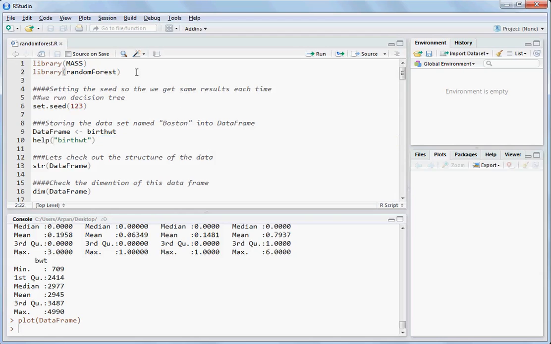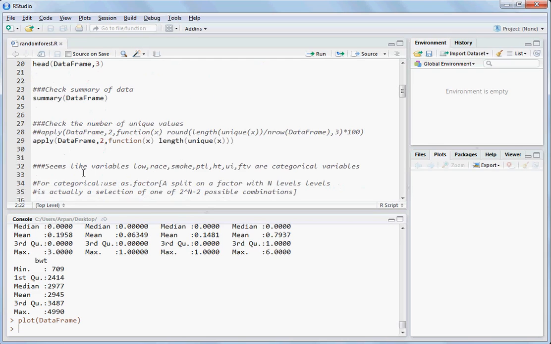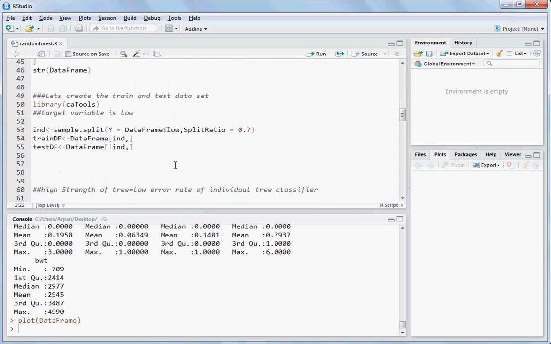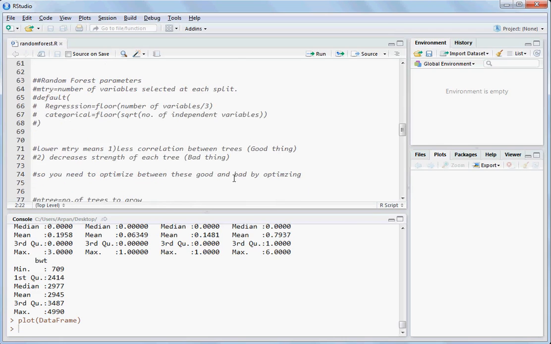Hello. Yeah, so today I will discuss the random forest algorithm, and I will try to implement that model. We'll go through the whole process, from dividing the data set into a training data set and a testing data set, then fitting the random forest model on the training data set, then predicting for the test data set, and discuss the random forest parameters like entry